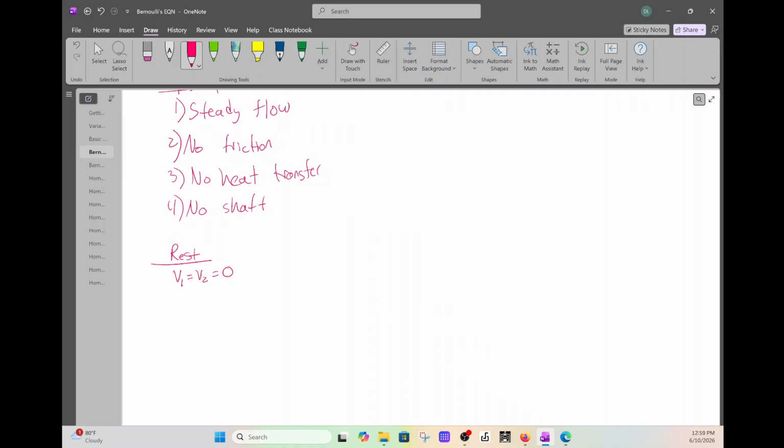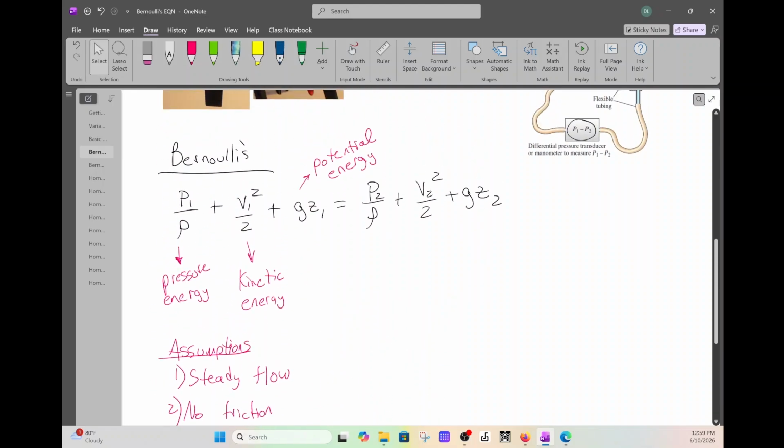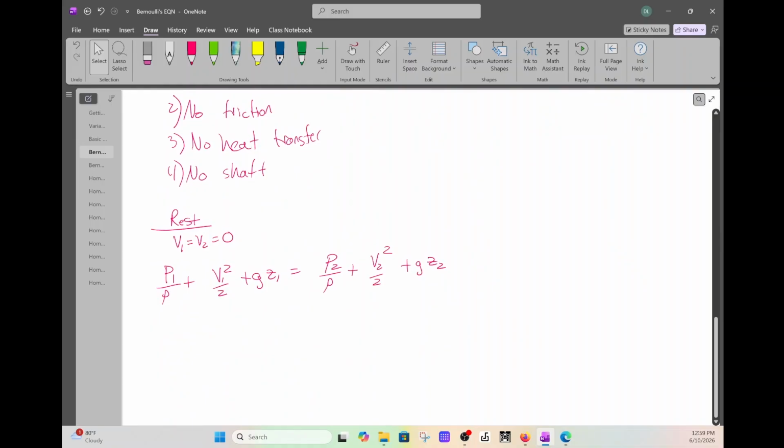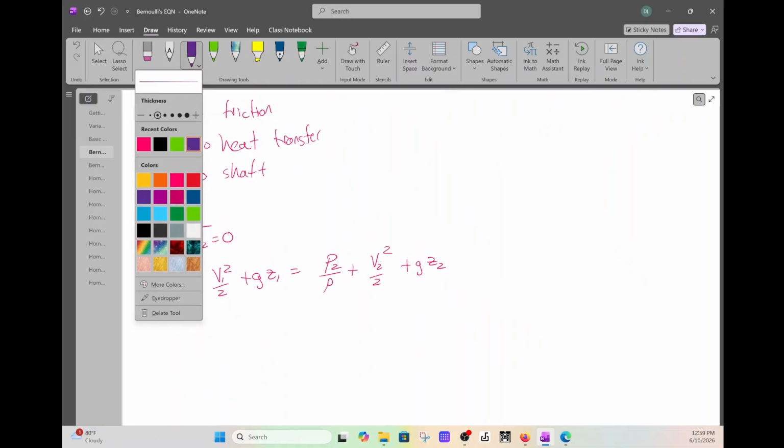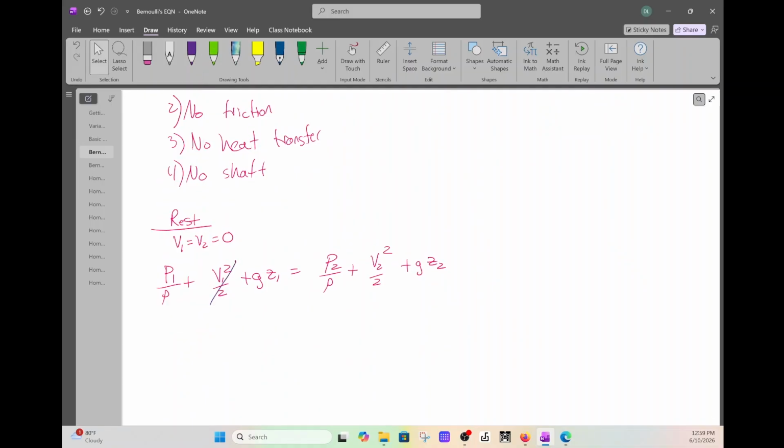So I'm going to rewrite the equation, P1 over rho plus V1 squared over 2 plus GZ1 equals P2 over rho plus V2 squared over 2 plus GZ2. Hopefully I did a 2, yes. So if it's at rest, that means that term is gone, that term is gone. Okay. So we end up getting, after a while,